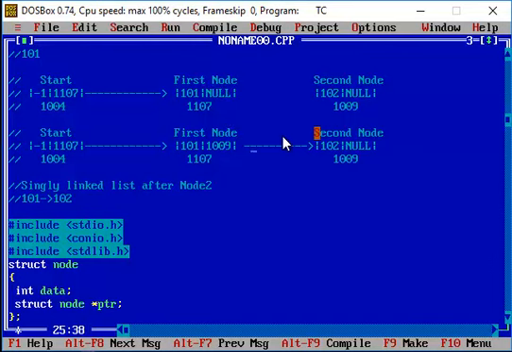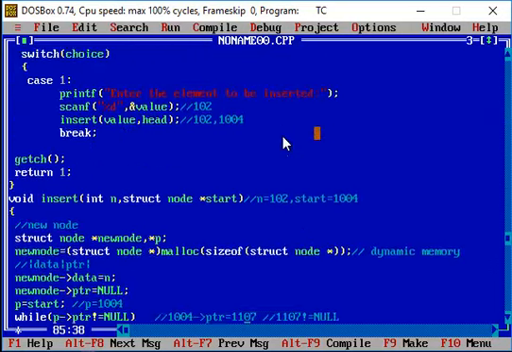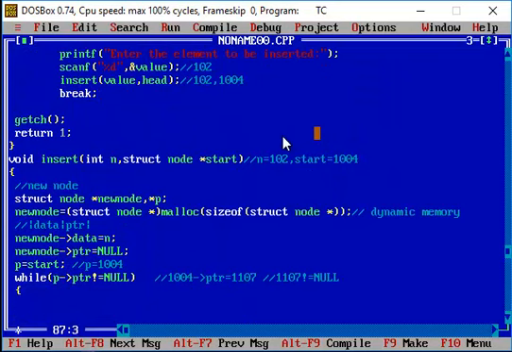On top of that we have to add the new node. So basically here I am taking the example, the insertion of nodes at the end of your linked list. Here is a small trick: this particular value p of ptr will be assigned to the value p. So now p arrow operator ptr has already got the value 1107, and this value is getting assigned to the variable p.